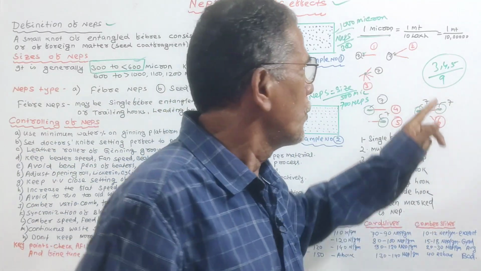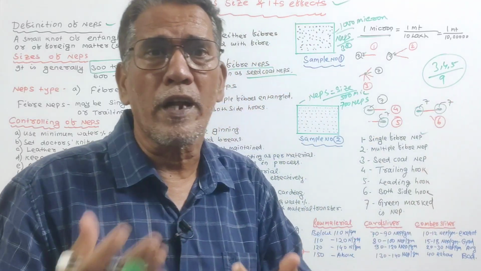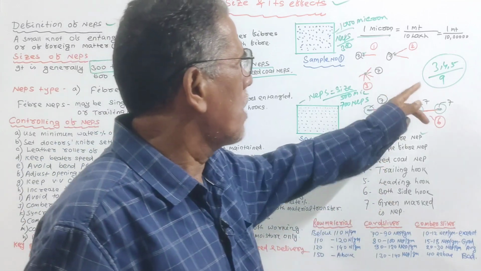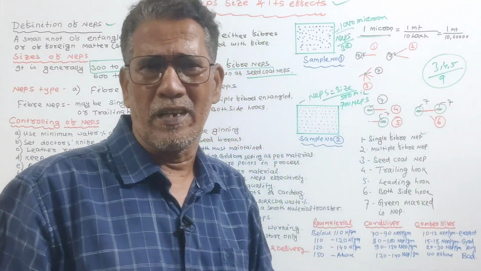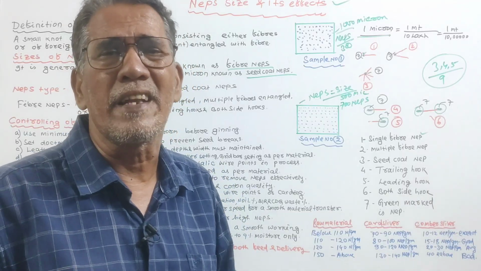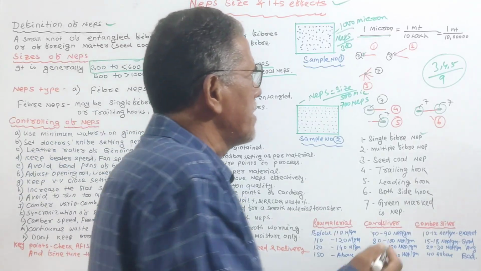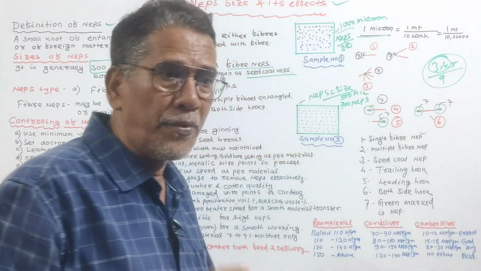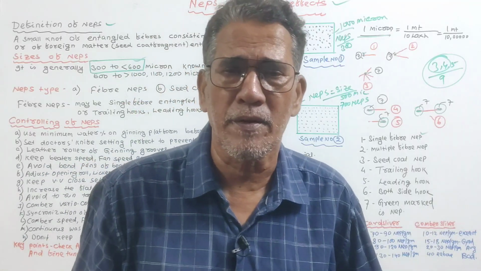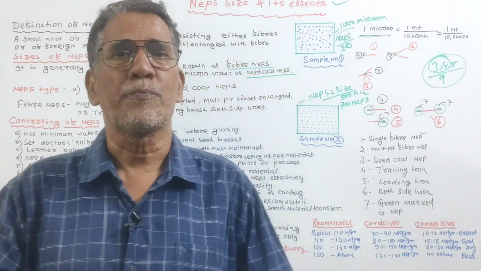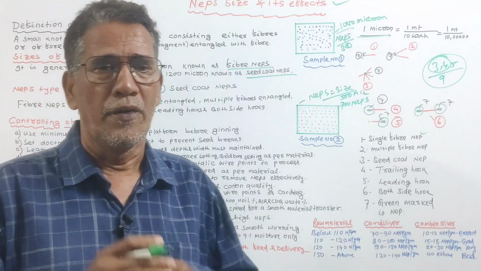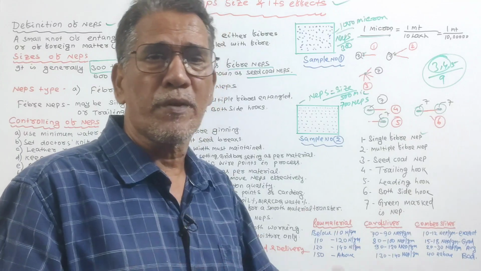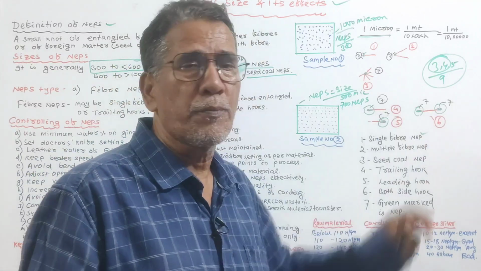If carded, you should not wait for 9 naps, because in carded yarn you have to clear the seed coat naps, otherwise your fabric appearance and yarn appearance will be very, very bad. In case of carded, you maintain 3 to 4 seed coat naps. That's why when we are running carded material, the carding speed is kept very low compared to the combing process carding.